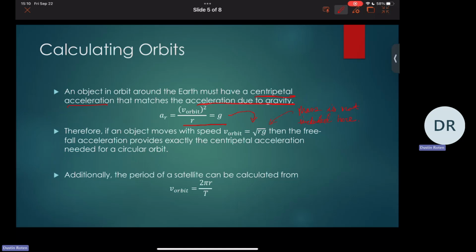So of course, we can also calculate the period of a satellite, right? Because that's literally just distance traveled divided by the period. So this would be the circumference, not necessarily of the Earth, because the satellite's a little bit higher. So this would be the circumference of the orbit. And this would just be the period, how long it takes to do one full revolution. But here are two basic pieces of information we can get, and it works pretty well to predict where satellites are and when satellites are.